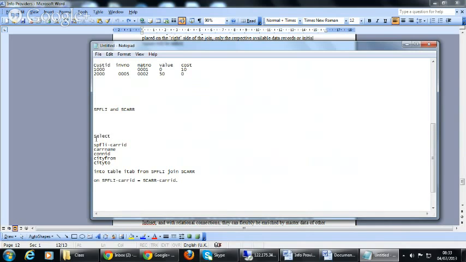So what we are giving is the command: select this field, this field, this field, this field, and this field into table iTab, which we have declared as the internal table. From, we are getting the data from SPFLI and SCARR. We cannot get the data from two of them directly, so we need to write the join. So this is the join condition: SPFLI join SCARR on SPFLI carrier ID equal to SCARR carrier ID. This is the condition we are giving, when this table's carrier ID